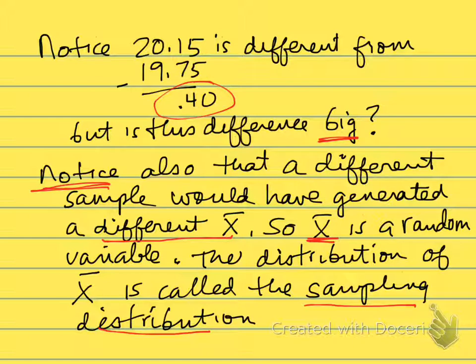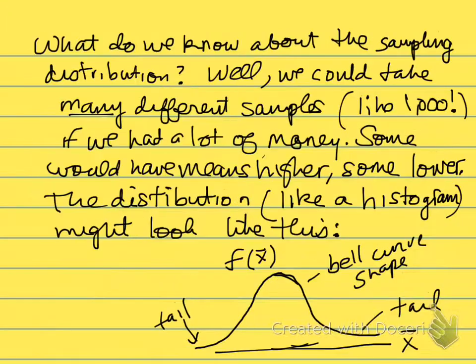So we want to know what the sampling distribution looks like for the sample mean. We could just take a whole bunch of samples, like take 1,000 samples of 200 people each. That'd be very expensive, very time consuming. And then we'd know what the distribution of this sample mean would look like, because we'd have 1,000 different samples, 1,000 different sample means, and we'd get some distribution. Distribution, remember, often looks like this. This is the bell-shaped curve for distribution. We talk about these as the tails of the